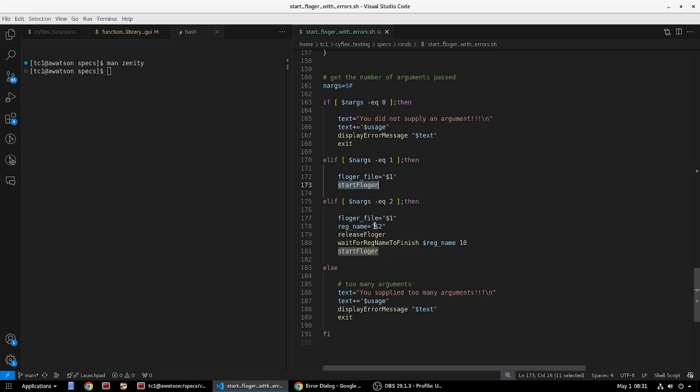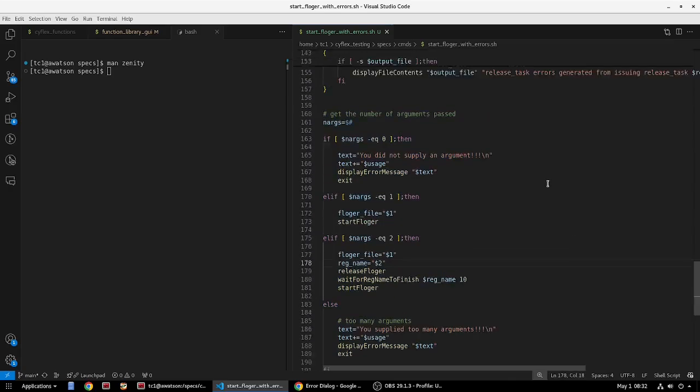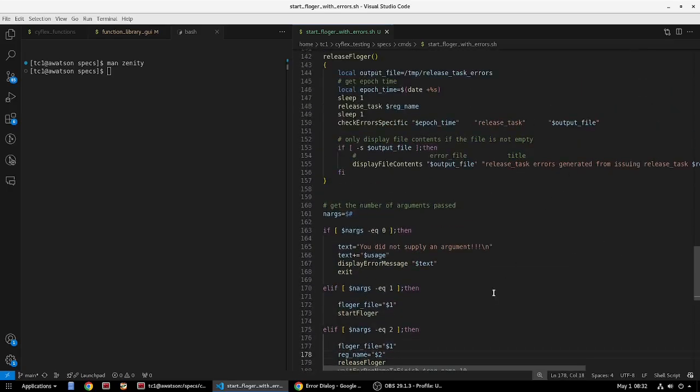If they give 2 arguments, that means they want to release the flogger, make sure that that instance of flogger finishes releasing, and then start the flogger. If they give us too many arguments, then they screwed up and we're not going to do anything because they clearly don't know what this script is supposed to do. And so we're going to display this error message indicating they supplied too many arguments, give them the usage for what they should be doing, and display the error message and exit. So this is the actual script execution, the meat and potatoes, you could say. Now let's start going over these